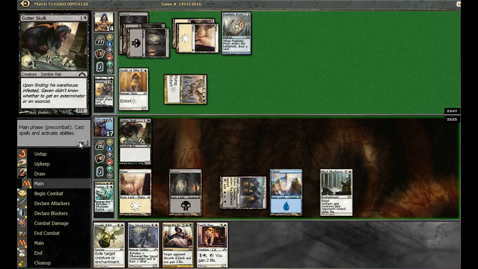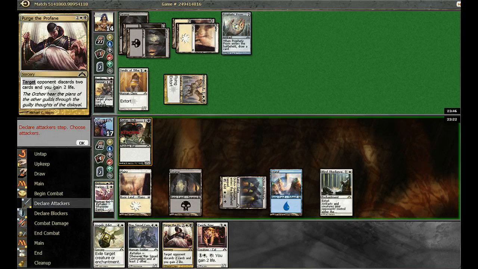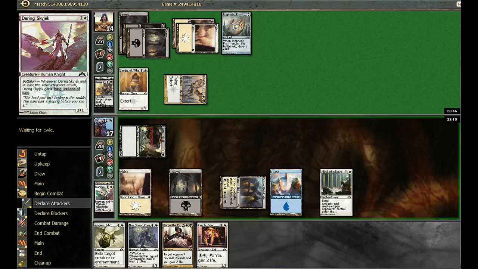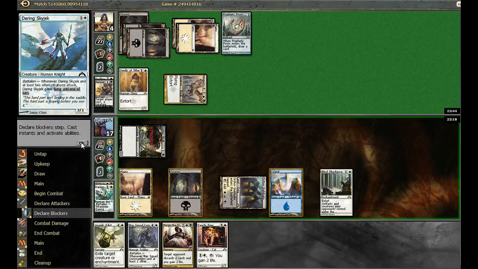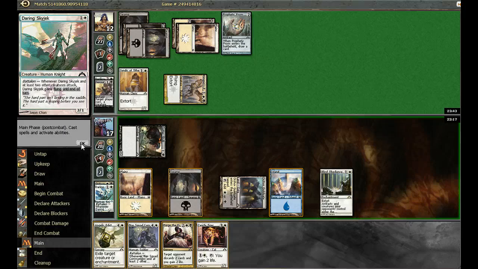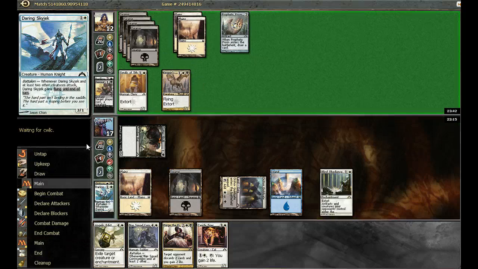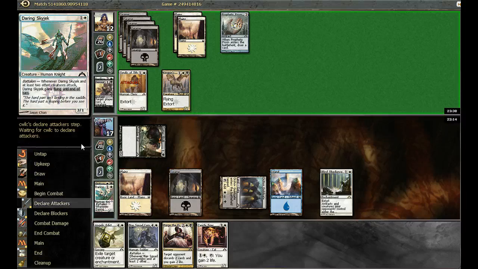Orzhov Guildgate means that we will start playing more spells. If we can make him discard his last 2 cards with Purge the Profane, again, I'm quite happy. If not, Zorichi Tiger is actually not bad here. Again, it's good against a lot of extort cards because they have to pay mana to extort, and you can just pay mana to negate half of it. Plus a 2/3 against his 2/2s is not bad. We don't have much against his flyers. We might eventually have to Edict the Pet, but